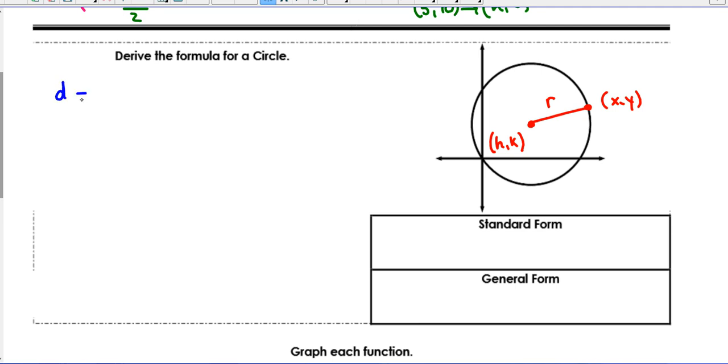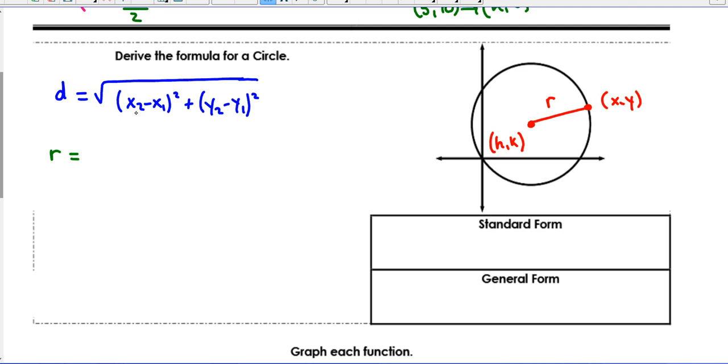Our distance formula says distance equals the square root of the difference of my x's, so x2 minus x1 squared, plus the difference of my y's, y2 minus y1 squared. Okay, so that's the distance formula. I can use this formula with the things that I've actually listed in my diagram. So since I'm trying to find the distance of my radius, I'm going to replace that with radius